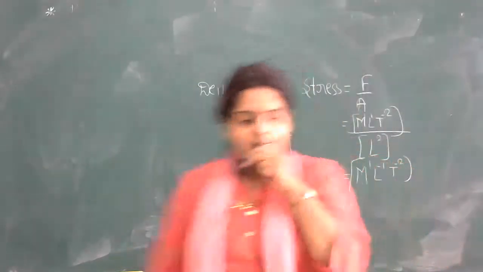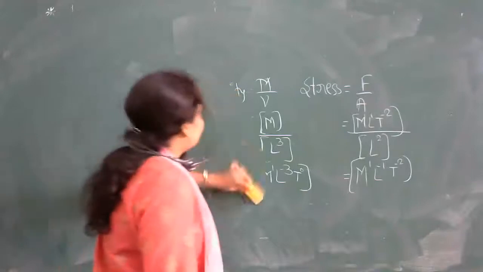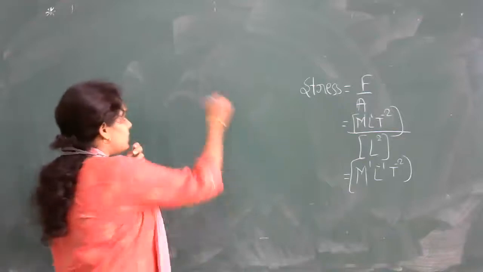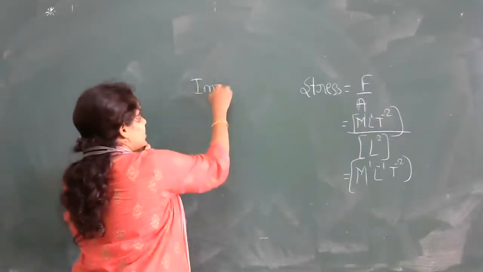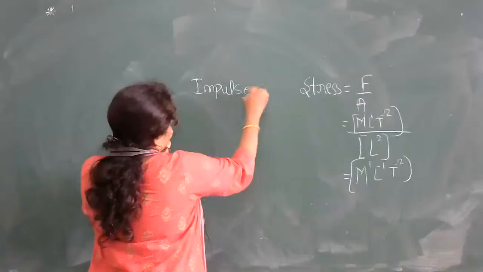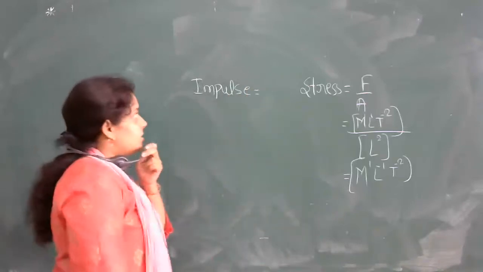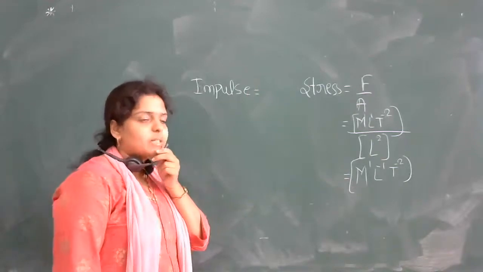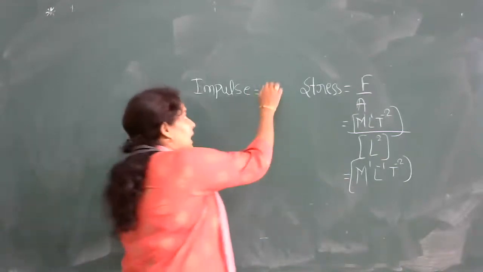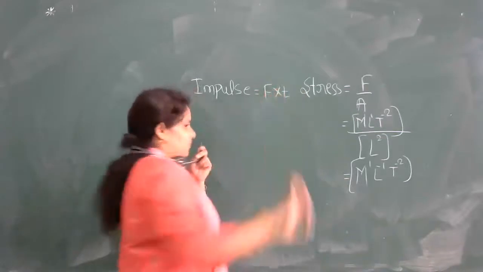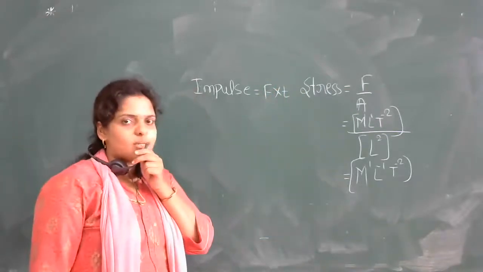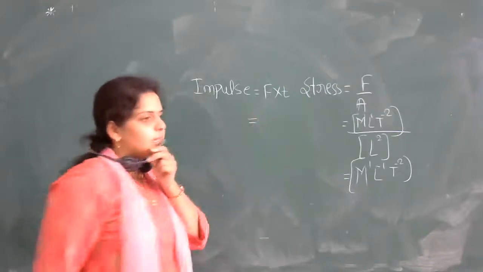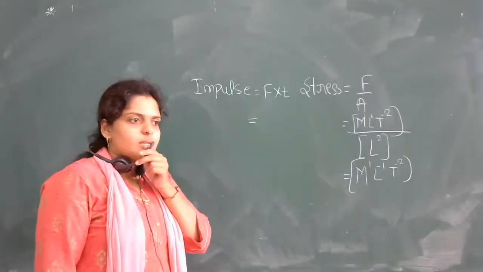Okay. The last example I'll consider is impulse. Actually, you might not have heard of this word. We will discuss this in the further chapters. What is impulse? We have one quantity called impulse, impulsive force we say. Impulse has the formula force into time. Impulse is the product of force and time. So here impulse is force into time, right? Force is equal to, what is your dimension formula?